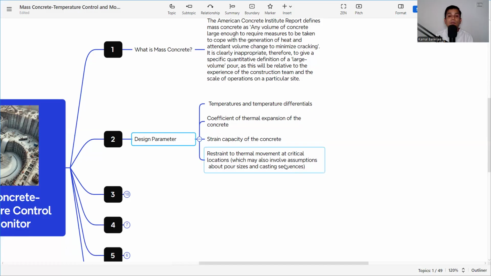Then restraint to thermal movement and critical location, which may also involve assumptions about pour size and casting sequence. So what the restraint category will be is also to be taken care of when we are dealing with mass concrete, and accordingly we need to plan the size, pour size, and the casting sequence. So these are the four things we need to take care of whenever we are dealing with mass concrete,